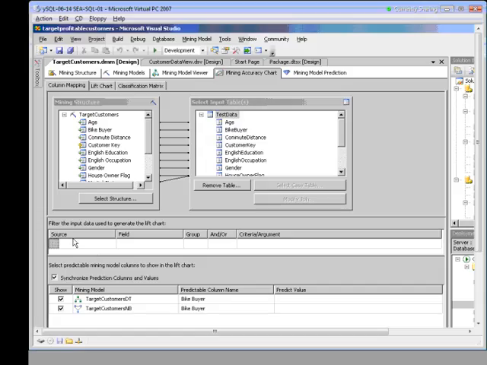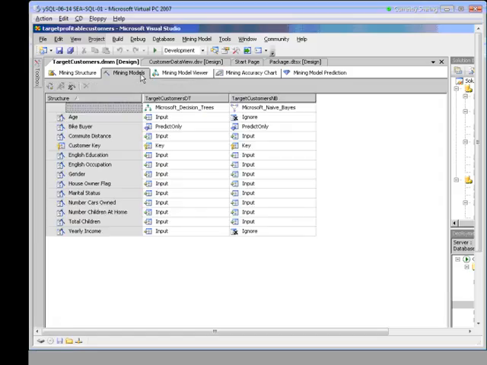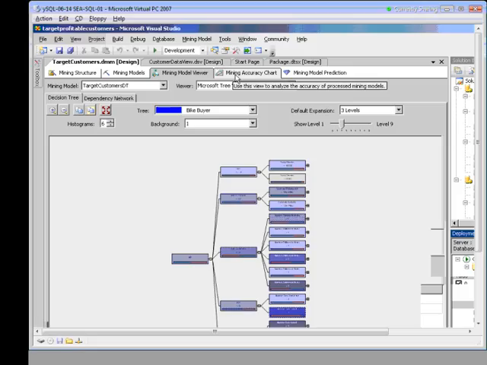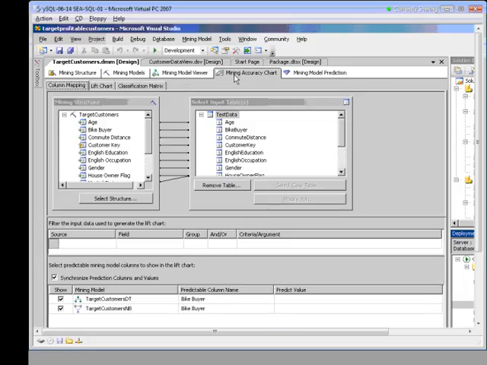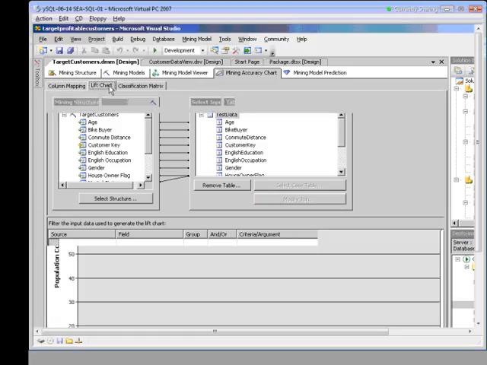Yeah, so I want to add the source here. Excuse me, bear with me just a second. I think I'm trying to do the report menu and I'm backed up a step here. So let's make sure that I was in the mining models. Yep, that's the different viewers. Let's take a look at our accuracy. And let's see if I'm getting a lift chart yet.